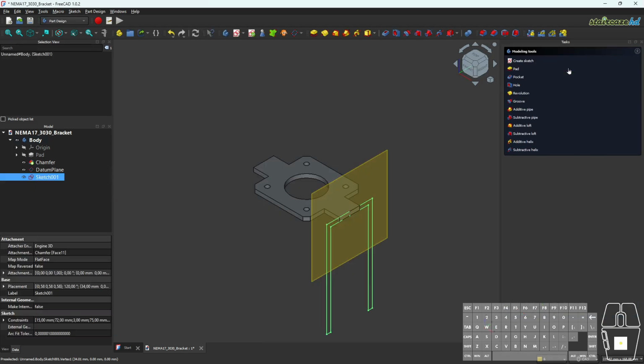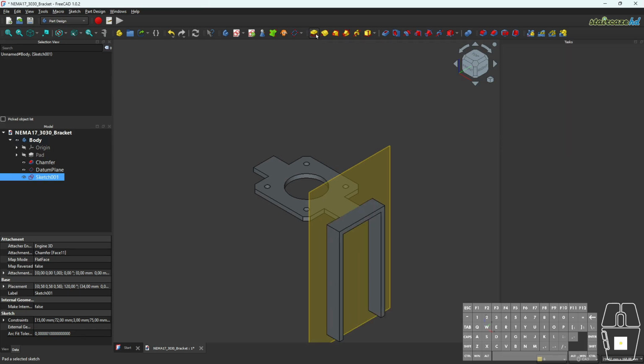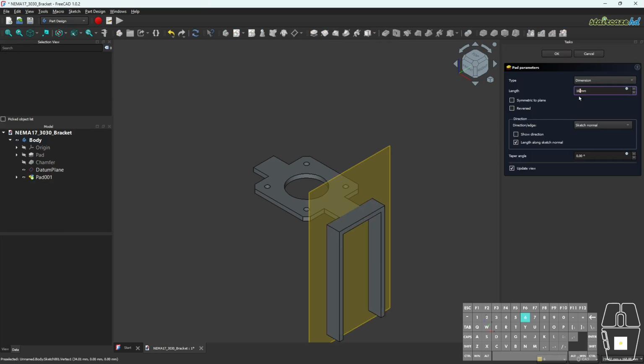Close the sketch and click Pad. Set the length to 16 mm, then click OK.